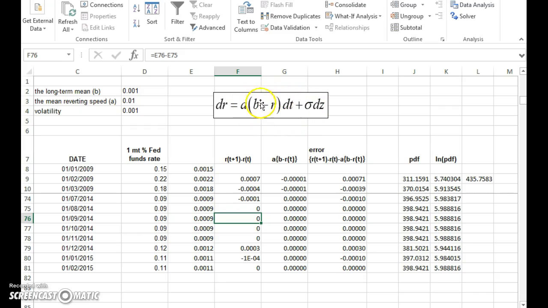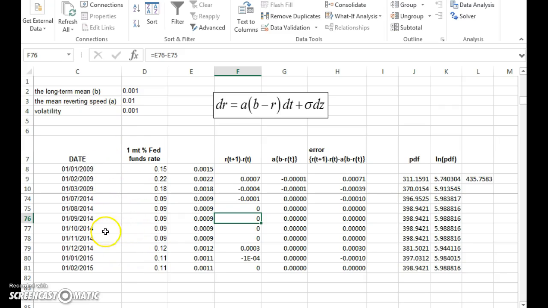And this section here represents the notion that when interest rates change, the speed of mean reversion will drive the interest rate back to its long-term mean. Sigma here denotes the standard deviation, and dz is the random element of the function, which incorporates any shocks to the series. So in order to find the three parameters here accurately, we start by getting our data set,